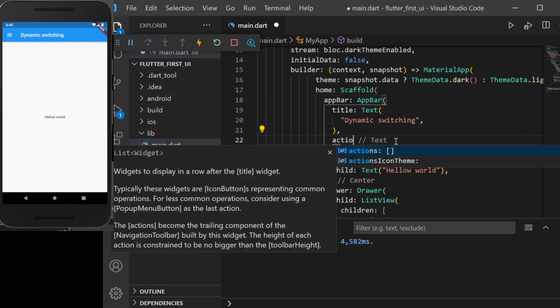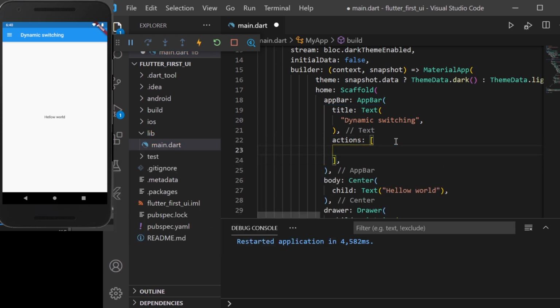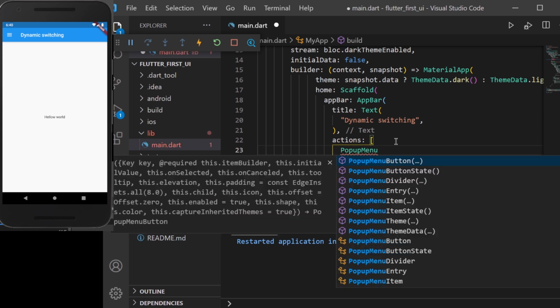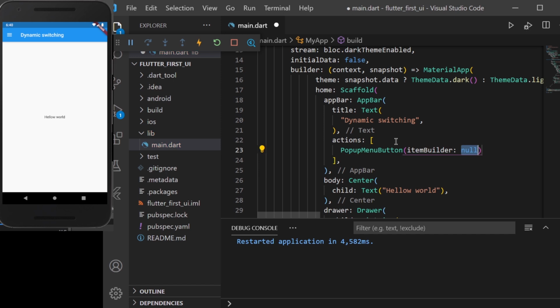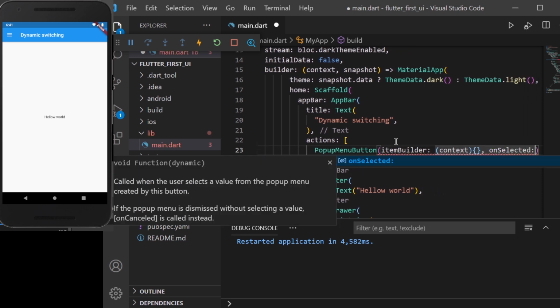Firstly, for adding the three dots, we need to add an actions list of widgets inside the app bar. I have added actions, and it contains a list of widgets which we want to add. Inside it, I am using a pop-up menu button. When we click on that button, it will pop out a small window on the top right of the screen, and it will have all the options which we provide inside it.